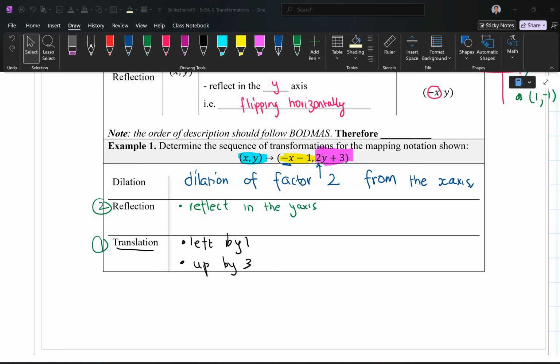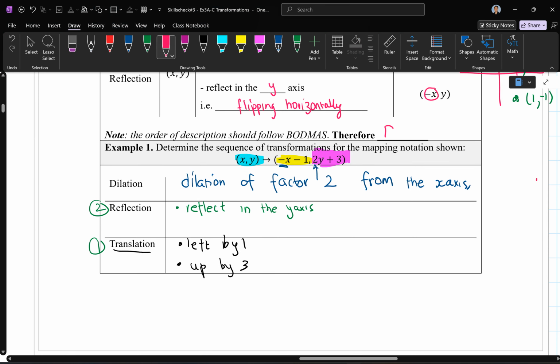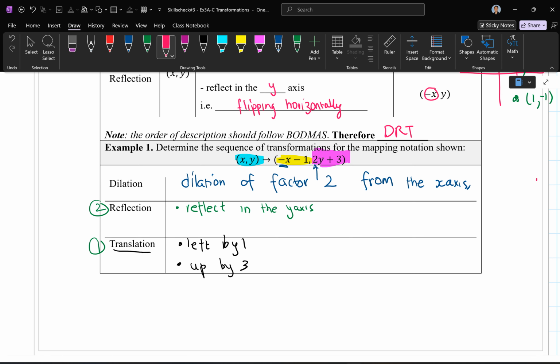In your notes, if I didn't tell you, the order that you should be writing is dilation, reflection, translation, because of BODMAS. Therefore, there's an acronym. We call it Dr. T. That is important when you do your exams. When the question asks us to find the sequence of transformation, that's exercise 3E, then the sequence follows